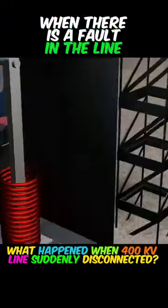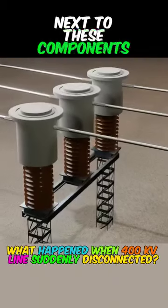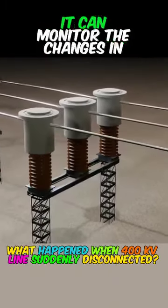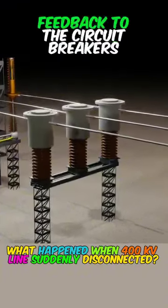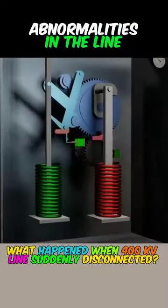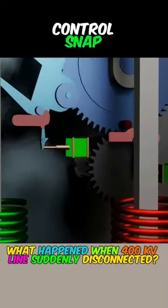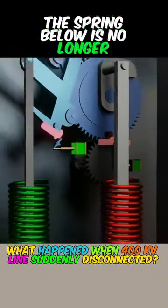When there is a fault in the line, it will lead to an abnormal increase in current. Next to these components is the transformer, which can monitor the changes in current. It will feed the anomalies back to the circuit breaker's relay, telling it that there are abnormalities in the line and it should trip. The latch is released, this plunger will be pushed outward, snapping the latch off, and the spring below is no longer held down, so it